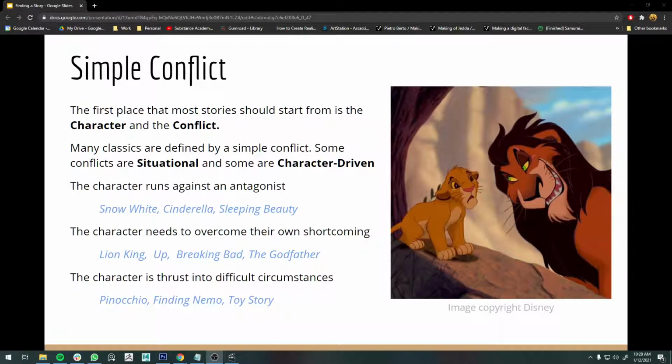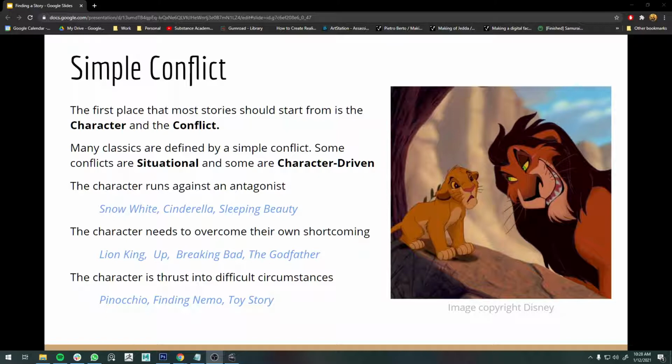And finally, we have another situational conflict category, which is a character being thrust into difficult circumstances. So this is where the outside world or events outside of the character's control are pushing them along through the story. Not necessarily an evil rival or villain that is pushing them, but something outside the world that is making them move forward through the plot. So Pinocchio, and a similar movie, I think, is Forrest Gump, where a character is pushed from one event to the next throughout the plot. And so the world outside of them is shaping their actions and driving them from one stage of the story